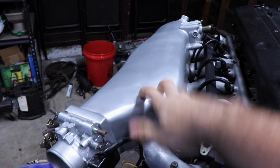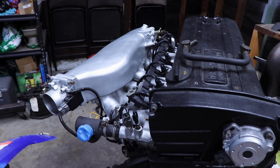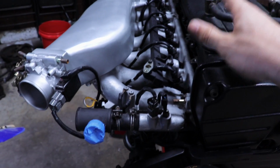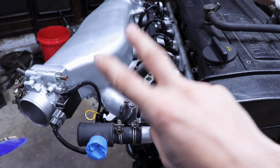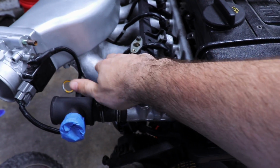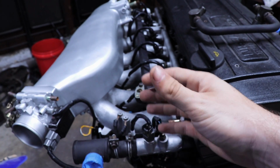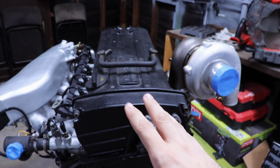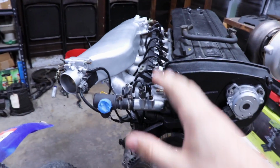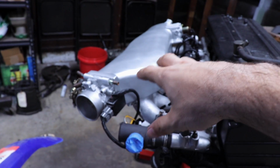Now over here we've got our front-facing intake. It's just an eBay one, because the one-piece ones are super expensive, like $700, and two, they have the shorter intake runners. Which gets rid of some of that low end torque, and this being a 2-liter, I'd like to keep that low end power. So that's why I stayed with the stock lower and then just did the front facing top